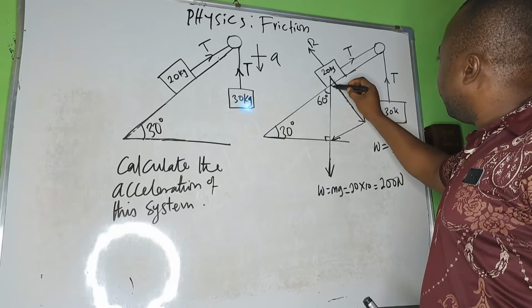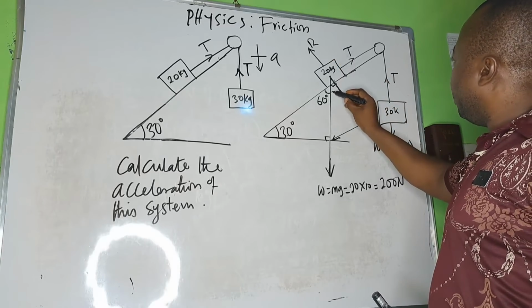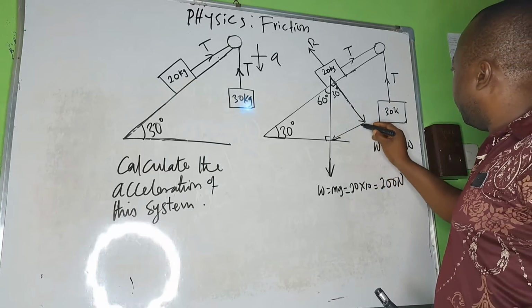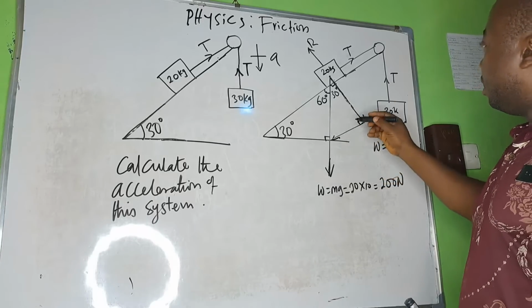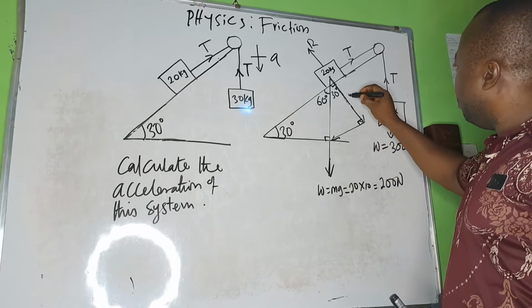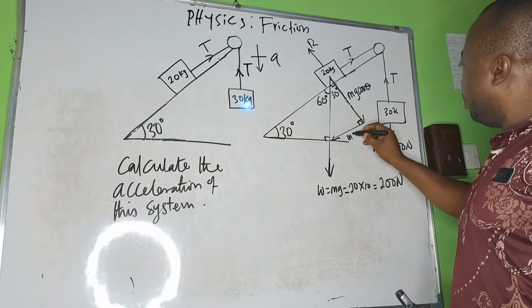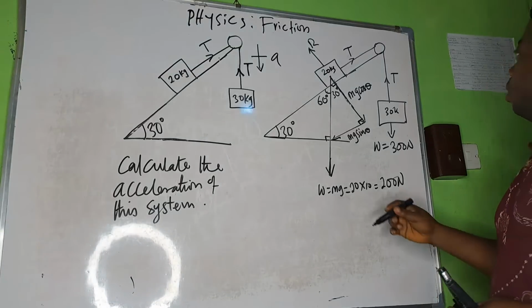This line makes an angle of 90 with this plane, so here will be 30 degrees. Okay, so if we use Pythagoras, of course, this is 90 degrees. We use Pythagoras SOHCAHTOA. Here gives us mg cos theta. This side gives us mg sine theta. Okay, now you discover that